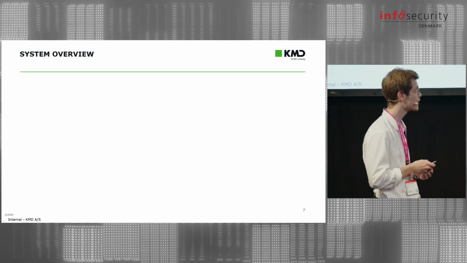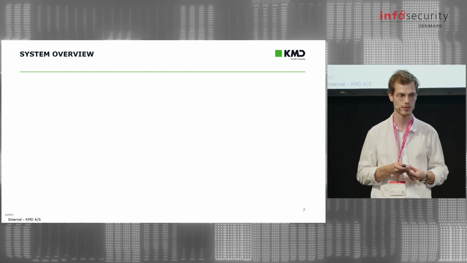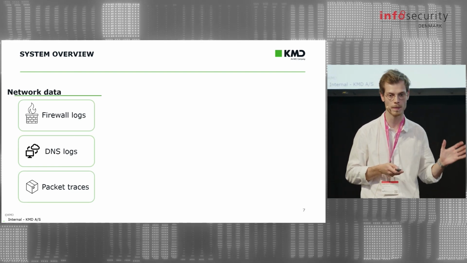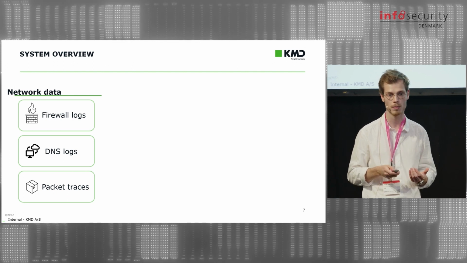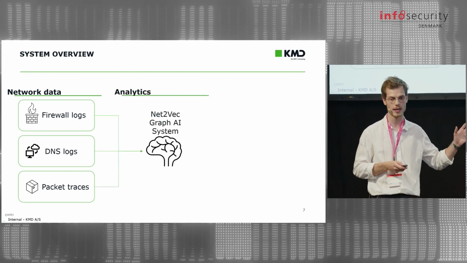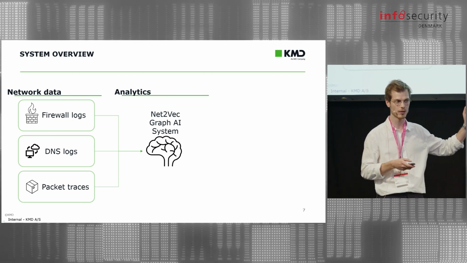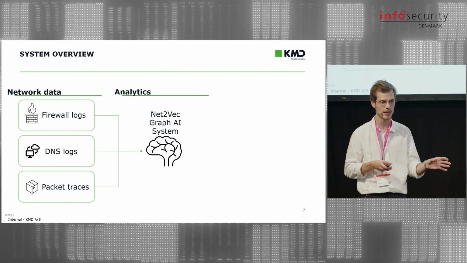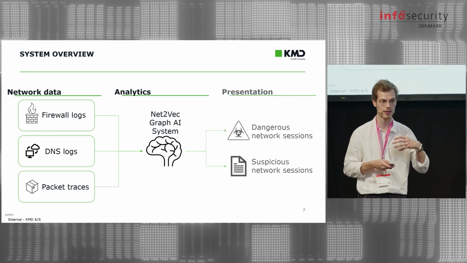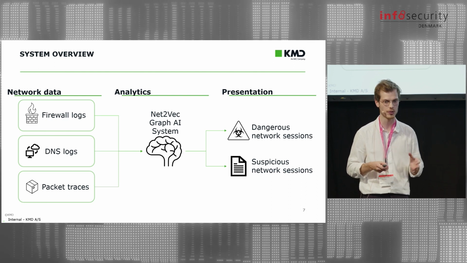So getting into what actually is in this system. It's an intrusion detection system, so that means we have some data coming from the network, and this can be many different sources. It could be from the firewall, it could be DNS logs, it could be packet traces, or it could even be something along from proxy servers or similar. And the data is fed into an analytics core, which is where the Graph AI comes into play. This core technology does a lot of things. It processes and parses data. It creates a graph, and it outputs the final result, which is a classification for benign, malicious, and suspicious traffic.